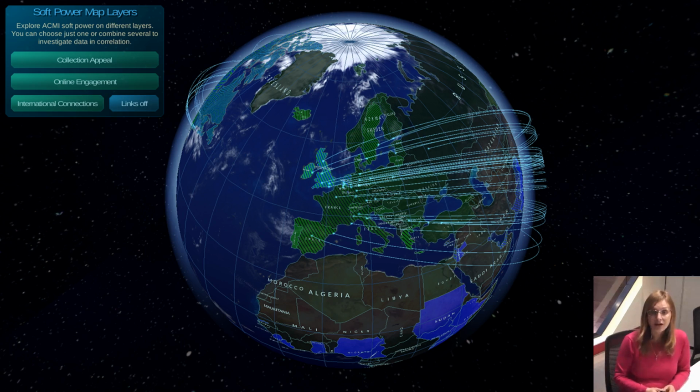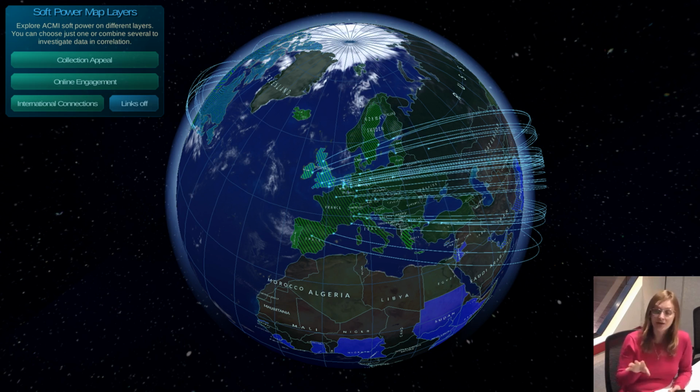As a result, I developed this new layer on the digital mapping system, which is called International Connections, and which visualizes all the links that exist between Acme and all other museums, other cultural heritage institutions, and film centers around the world. This exposure revealed that the majority of Acme partners are located, of course, not in Africa, but in the European region and in the North American region.